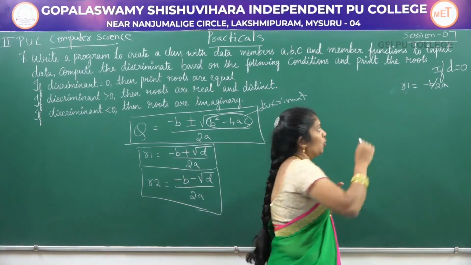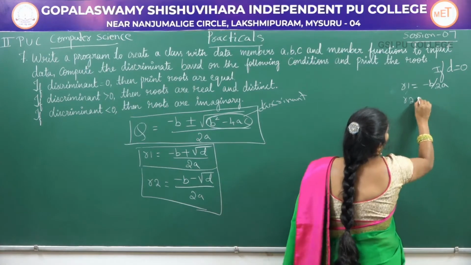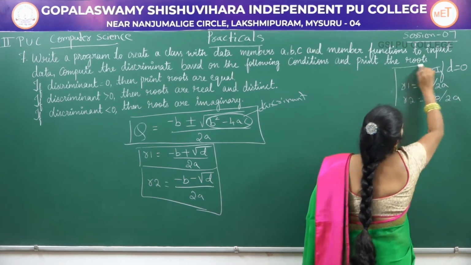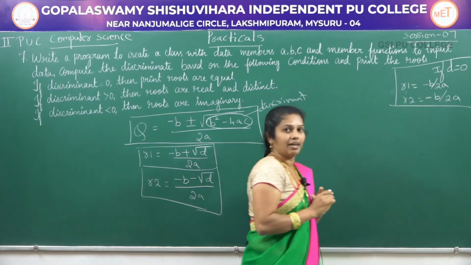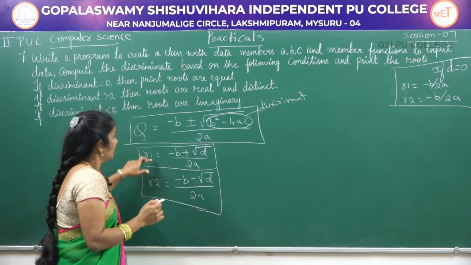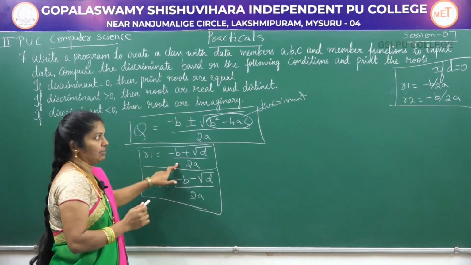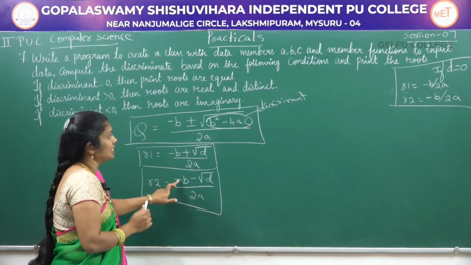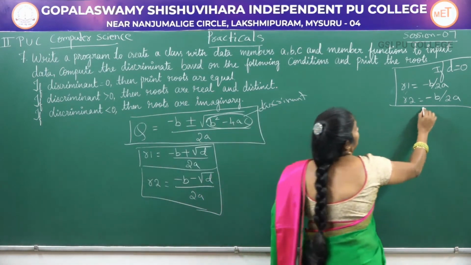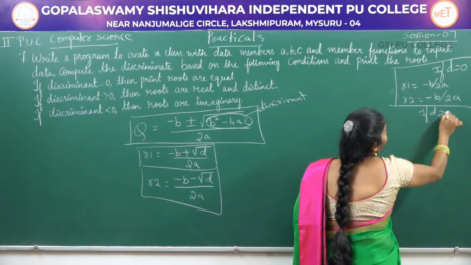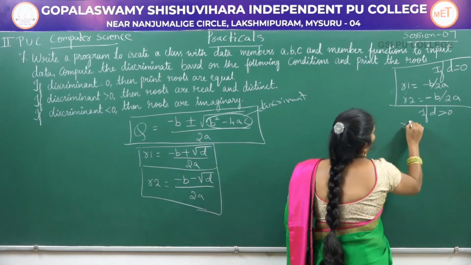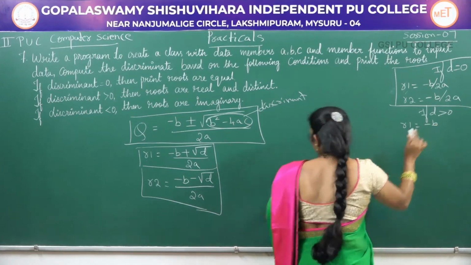What about root 2? Root 2 also represents minus b divided by 2a, in the case of discriminant equal to 0. Then if the discriminant is greater than 0, if it is a positive value, then